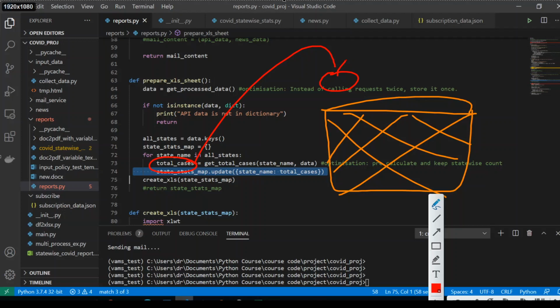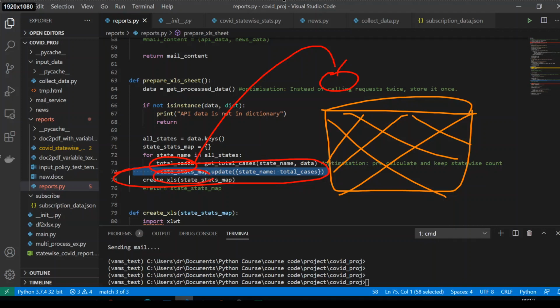Okay, then this line number 74, it is doing dot update to a stats map which is defined. So I have just declared a variable here, state stats map.